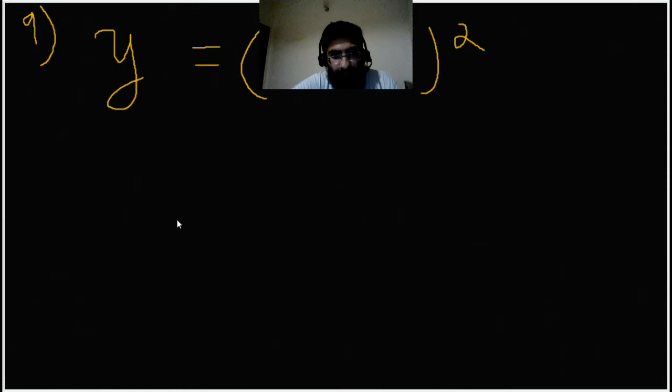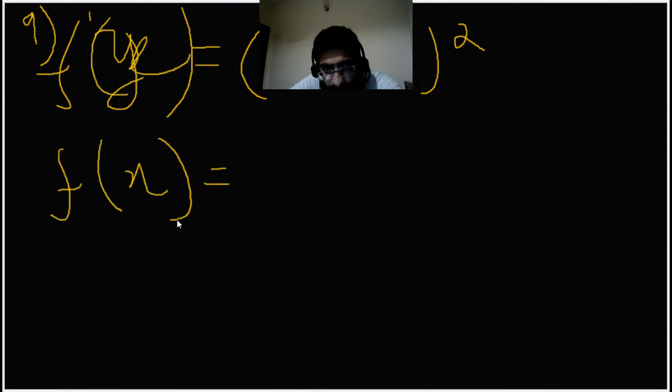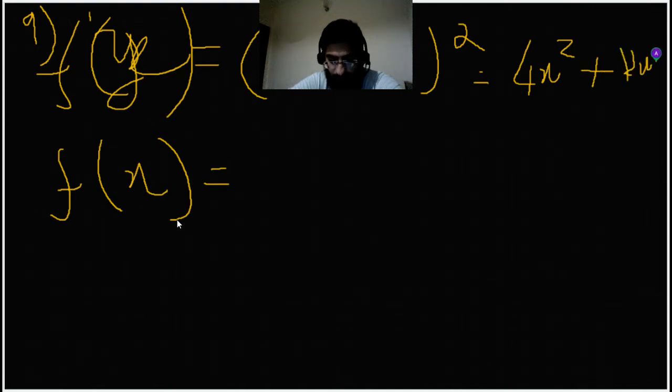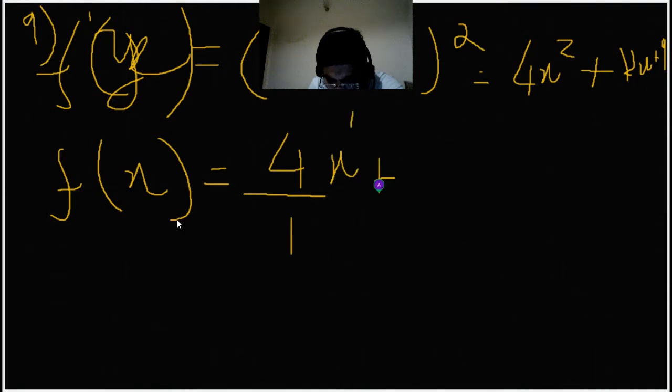f dash x. So then I have to put fx, right? So this is 4x square. We have to do 4 into 3, 12 plus 12x plus 5. So that means minus 1 and then divide it 4 by 1 x 1 plus 12